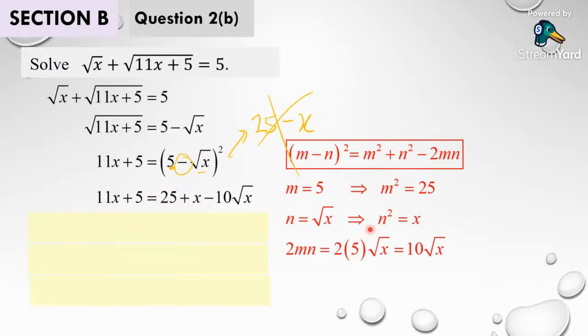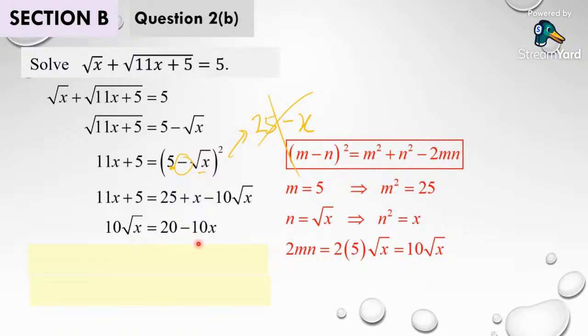Reach up to here, the square root is still there, but don't worry. We rearrange in the way that square root on one side, the rest on the other. So I suppose I have 10 square root of x equals to 20 minus 10x. Reach up to here. Some of you are very excited to square both sides directly, but please don't do squaring both sides yet, because whenever there's a number in front of square root, we try to see, can this number be simplified? So we see, do I have any common factor between the 10 square root of x, 20, and minus 10? And obviously there is.